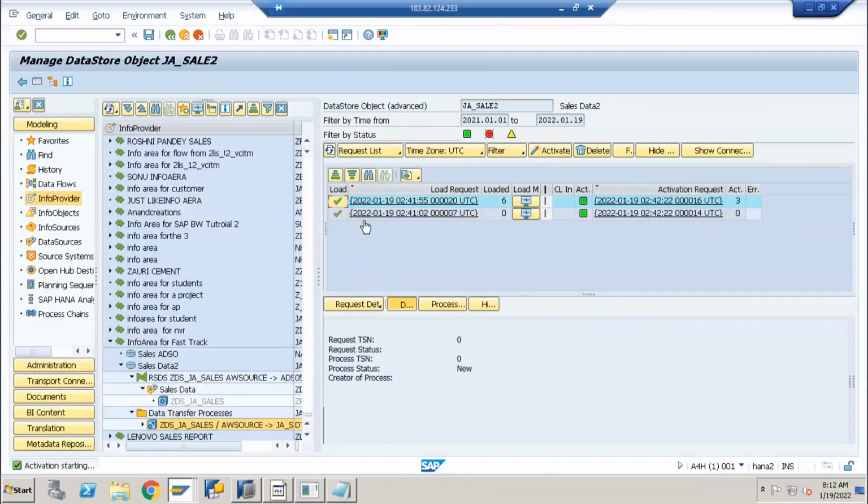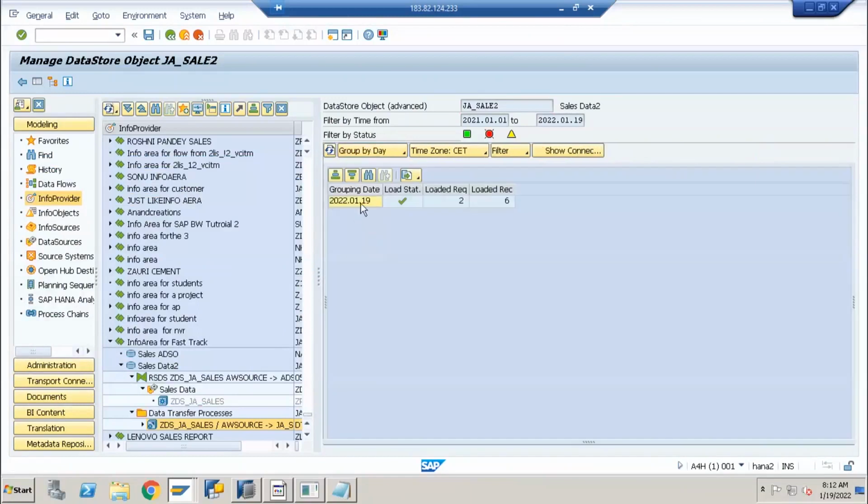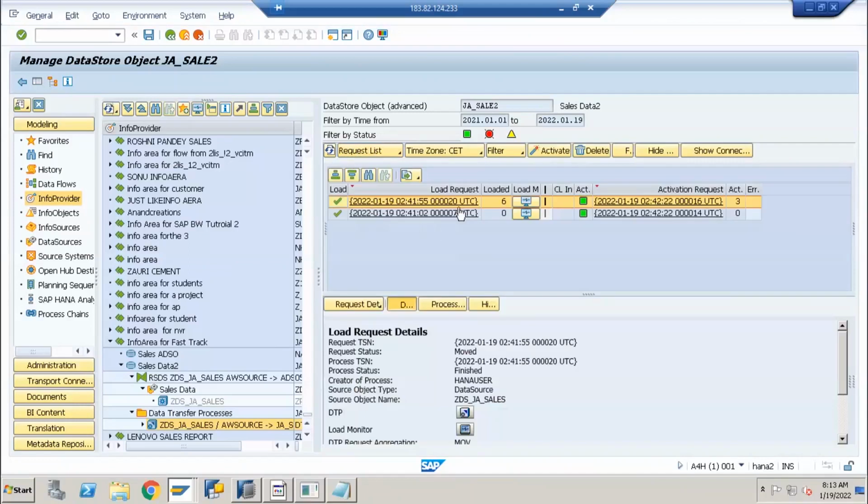One more difference: when we go to manage of the DSO, you see a different screen. When you go to manage of the ADSO, you see this different screen. In this manage, we have different options. Here you can see the request list in different ways. You can group this request list. Currently, this is a request list. If I define group by day, then you see it is coming in a different way. If I use group by month, then it is showing in a different way. You see only the month, the number of requests in this month, and how many records were loaded. That information it is showing here. So SAP has given this extra functionality to it.